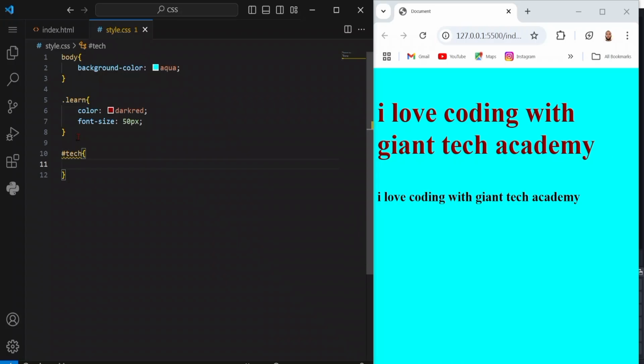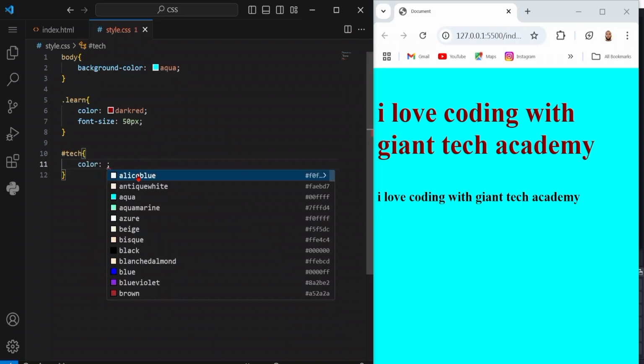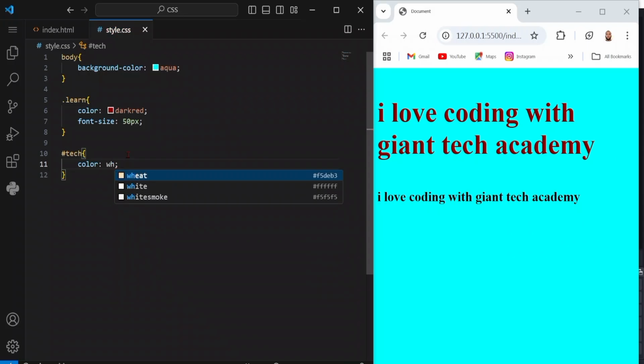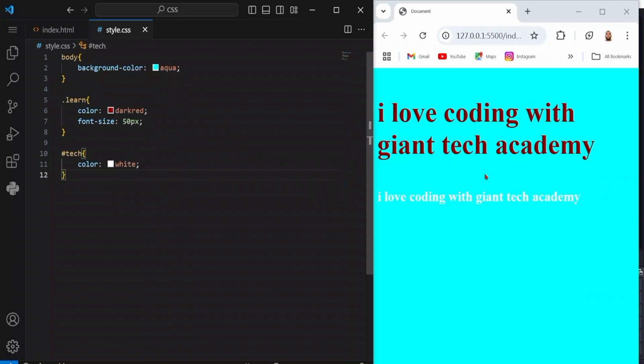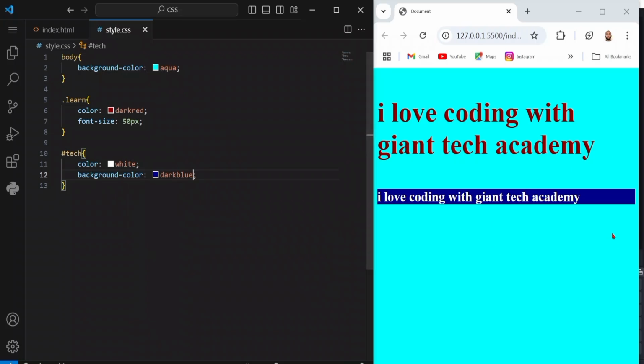Alright, my curly braces. Now let's change the color to white. I call color and say white. I think it's not changed, right? It changes now. Let's add a background color to it. Let's give it dark blue. Let's see that change. Now this is how you add your